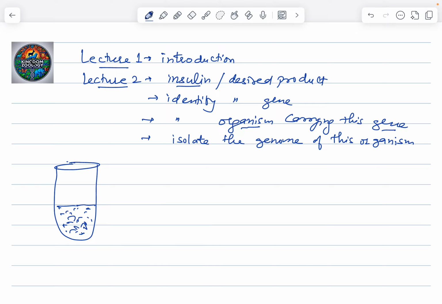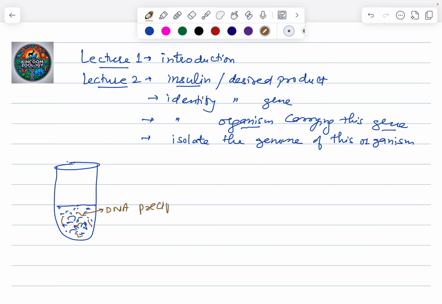If you are trying to take out the genome of an animal cell, you simply do the treatment with SDS, sodium dodecyl sulfate detergent, that digests the cell membrane, and then you add chilled ethanol. The addition of absolute chilled ethanol results in creation of precipitates of DNA in this solution. Okay, so these were your